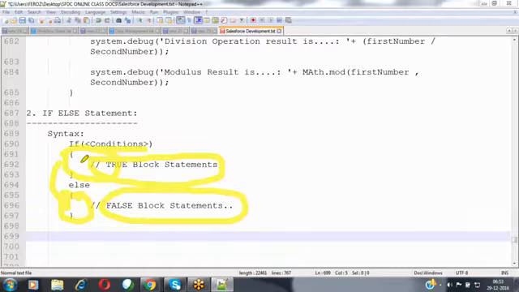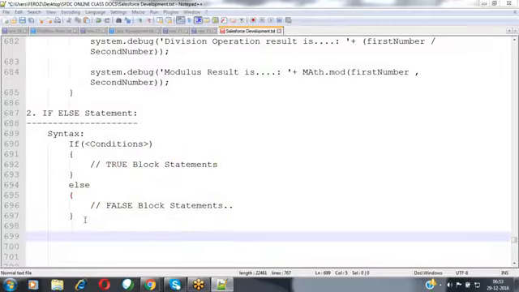So here, we can display the result, or we can display some error message to the user as well by using the if else conditions. Now, let's make a note here.